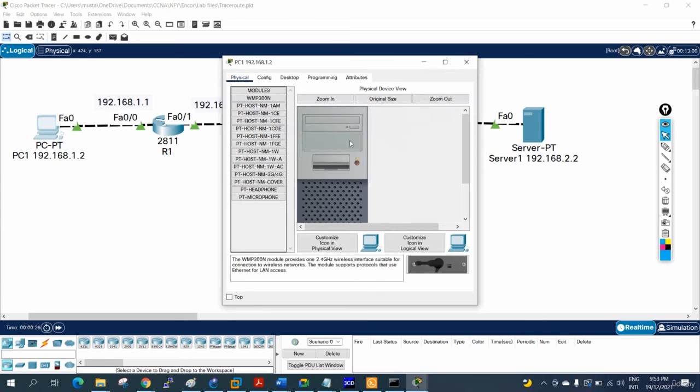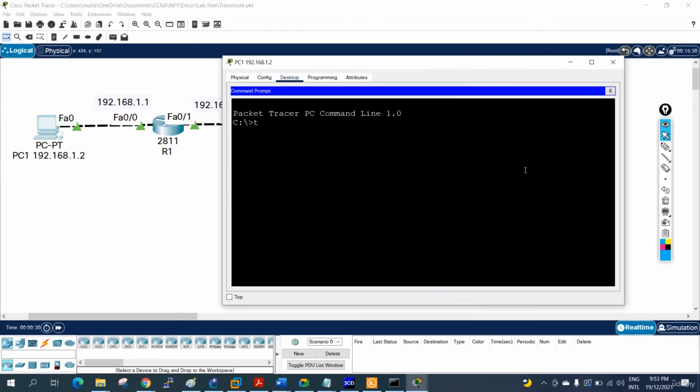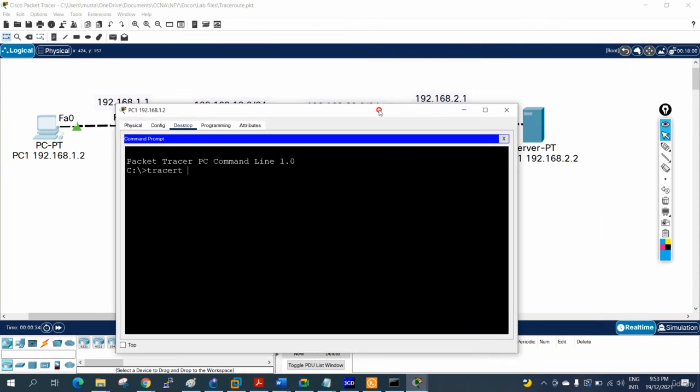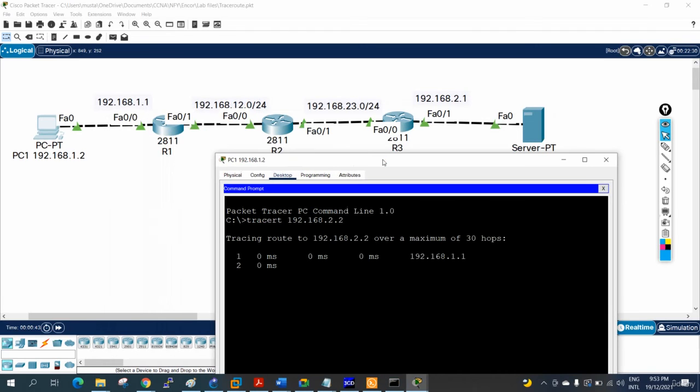And we can do traceroute from here to check where our packets are going, how they are going. Traceroute, and write the destination IP. Example, this is a destination, so I will write 192.168.2.2. So if you see, it goes first to this interface 1.1. After that it will go to this 12.1.1. They go here, okay, and after that it will go to here, and then here,